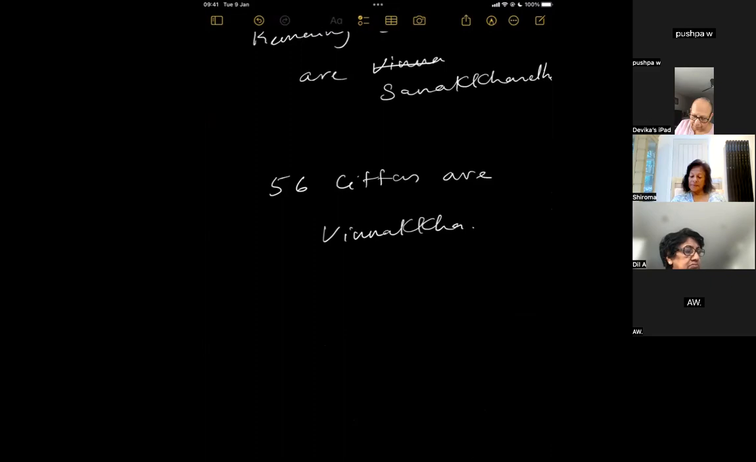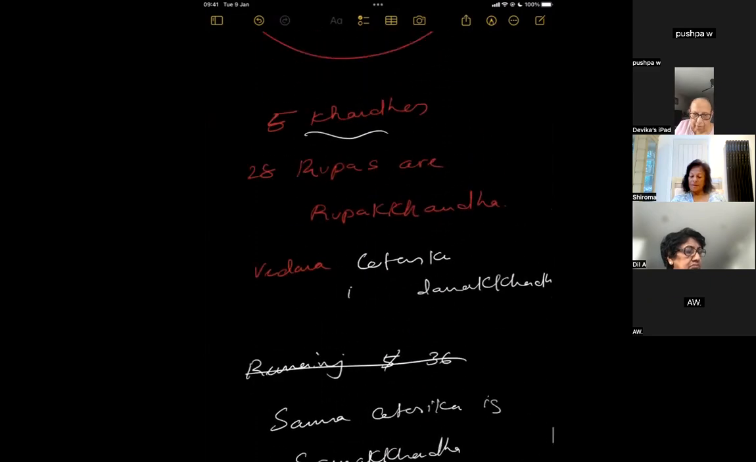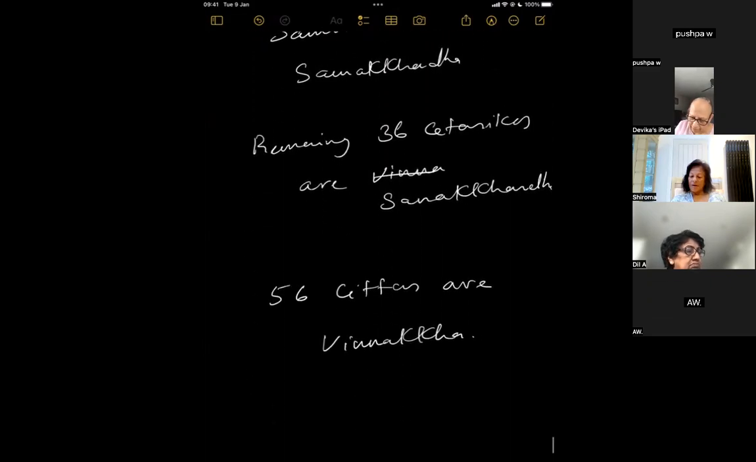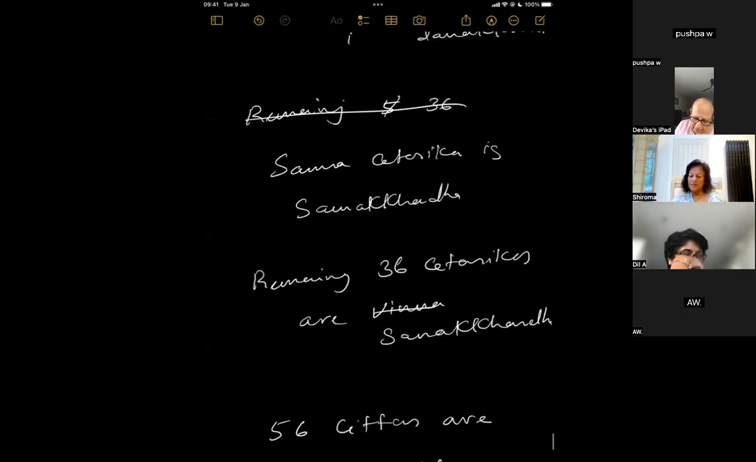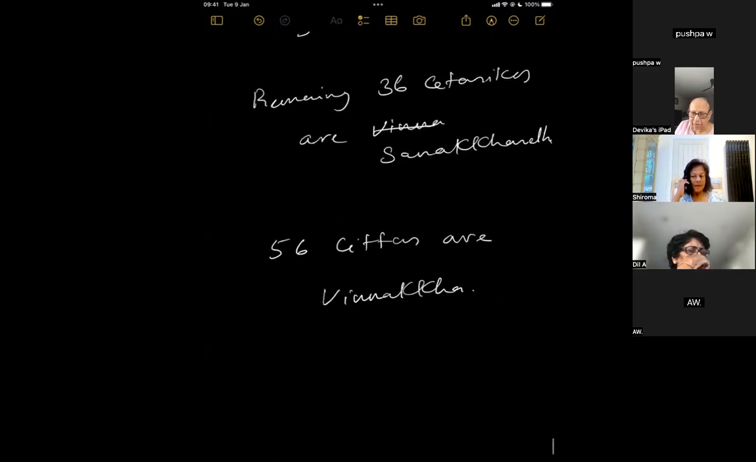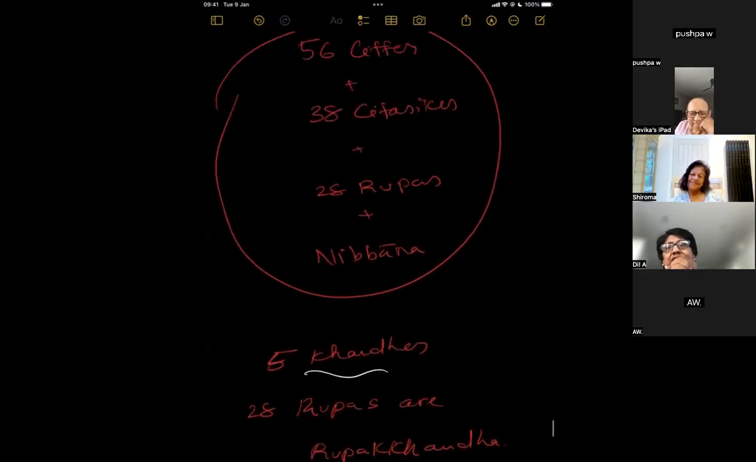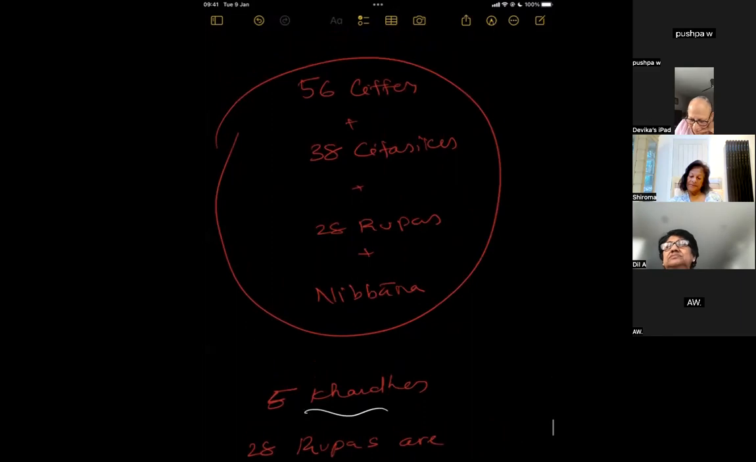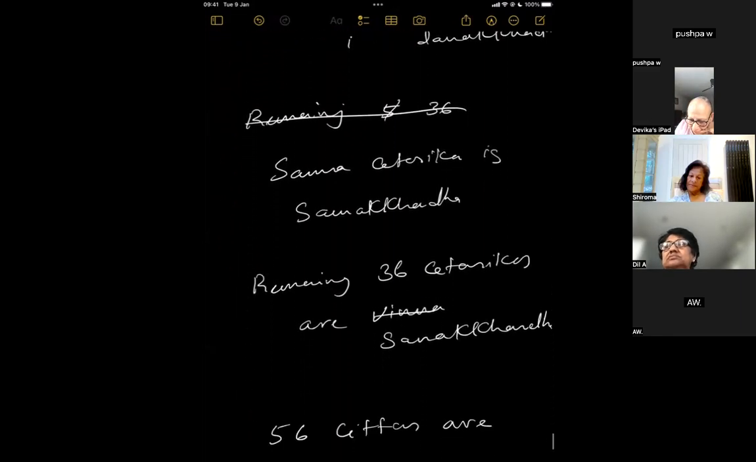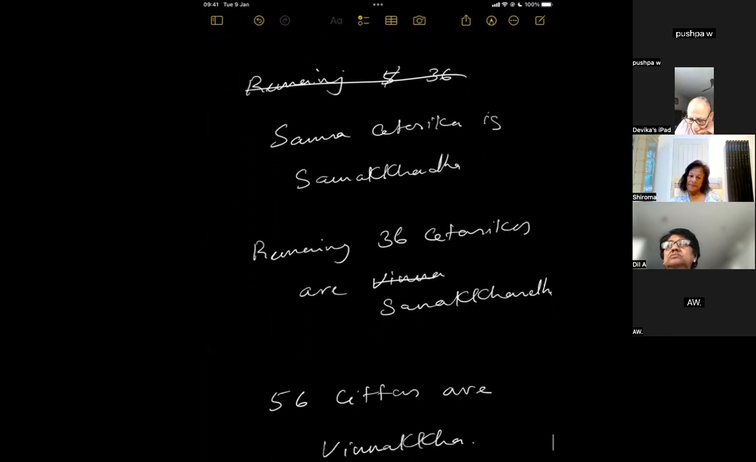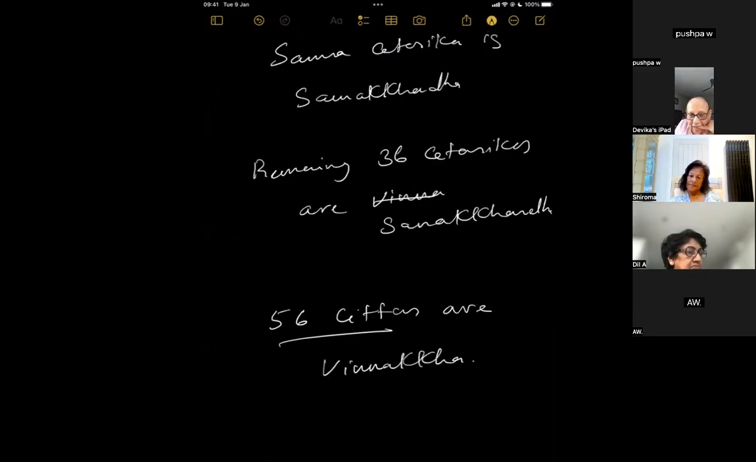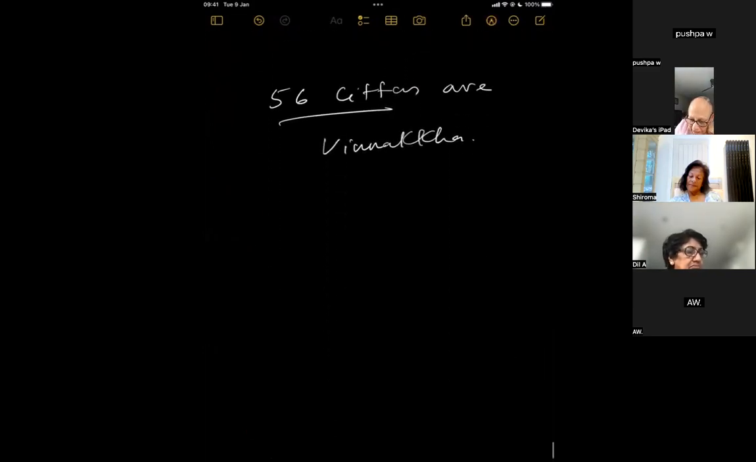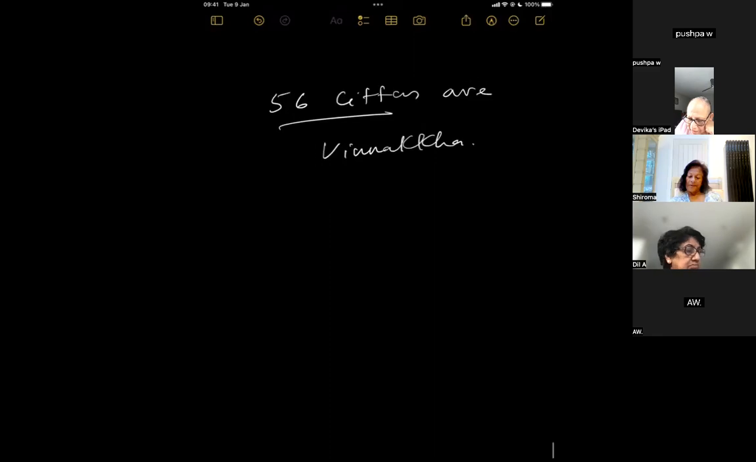What happened to Nirvana here? Here, Bante, 56 chittas are Vinyana Kanda, not Chetasikas. Yes, 56 chittas. So 36 Chetasikas, 56 chittas. Hari. Now, there is no Nibbana in the Kandas. Right? Kanda Muttaka. Now then we have